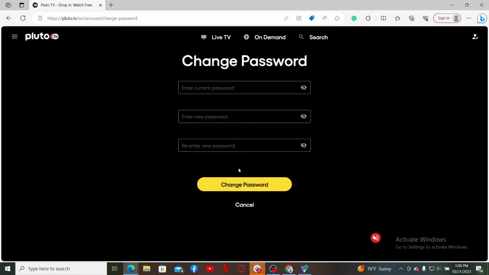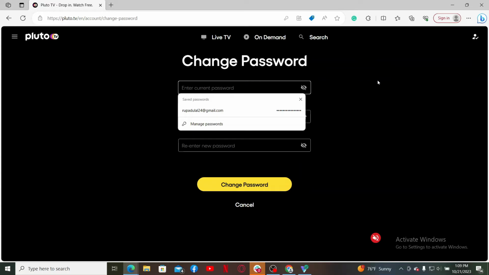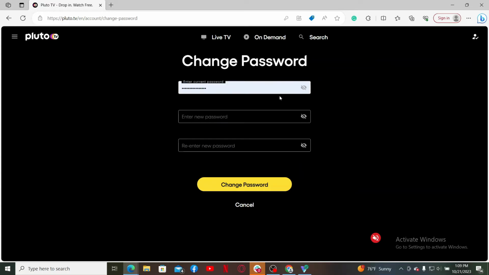In the text boxes appearing on the screen, you'll first need to enter the current password associated with your Pluto TV account in the first text box. After entering the current password, move on to the next field and type in a new password you'd like to